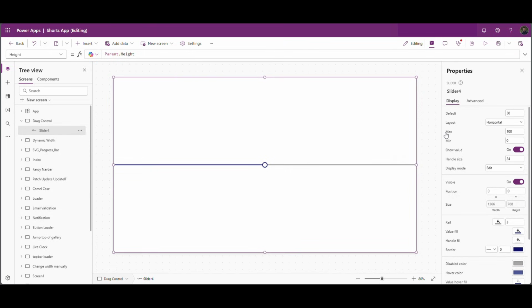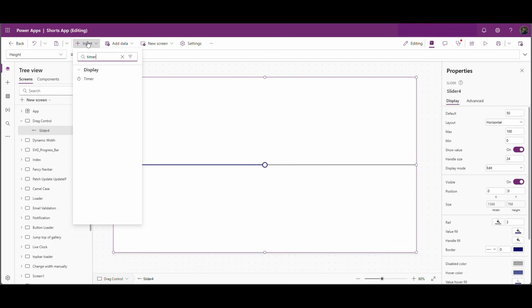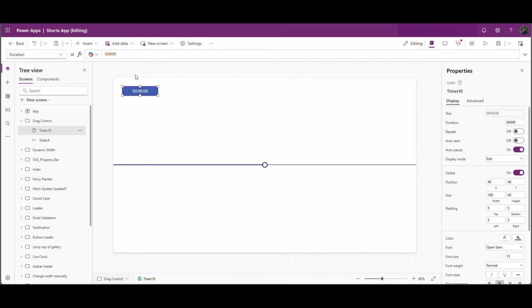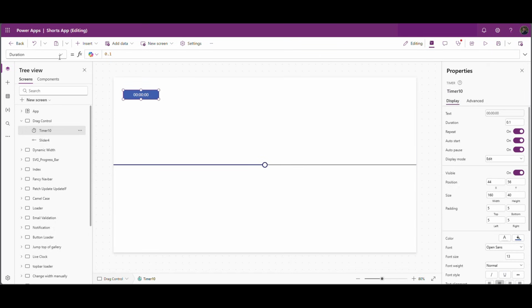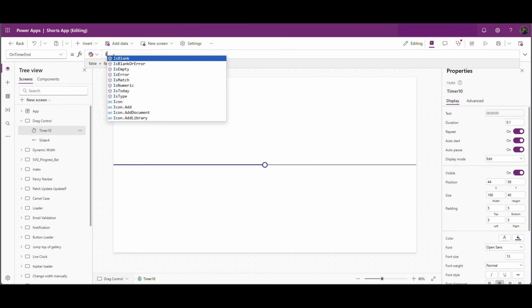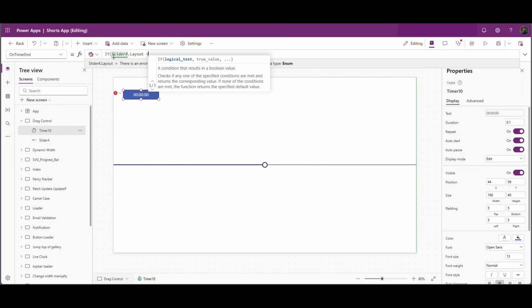to horizontal. So for that I will need one timer. Perfect. And this timer I will set duration as 0.1 and repeat on, auto start on. Yes, so this is my slider 4. On end of this timer, on timer end, I will check if slider 4 dot layout is equal to